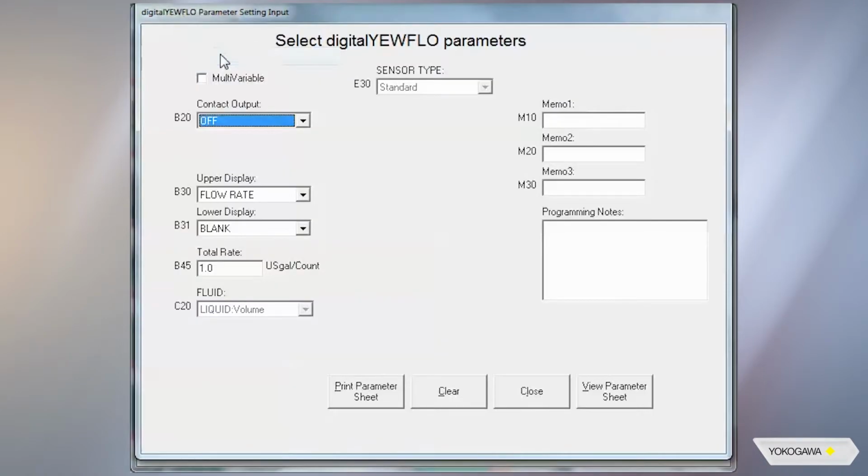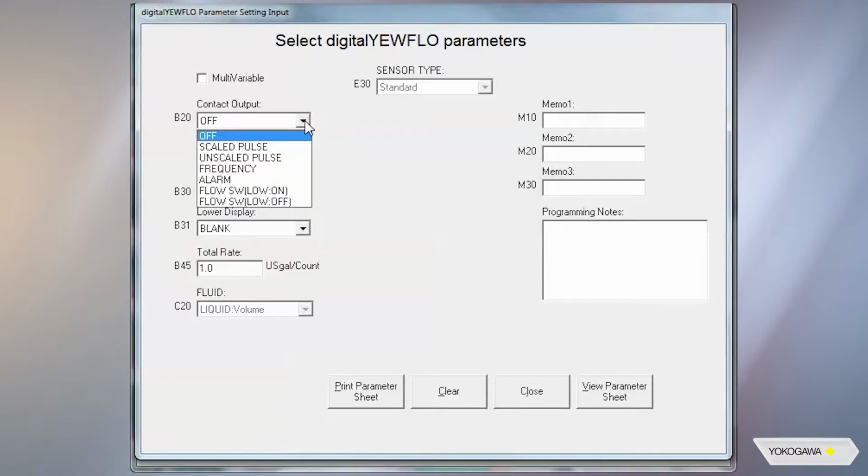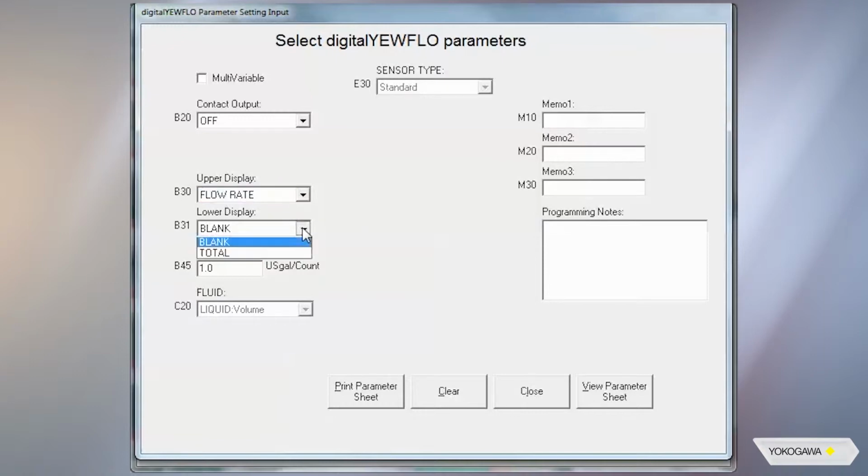Set Parameters, and in this area, you're going to check if you're going to be using the contact output, where you can have a scale pulse, on scale, frequency, alarms, etc. But for this example, we're just going to leave it off. You can also determine if your display is going to be in percentage or the actual flow rate. So we're going to leave it for flow rate. In the lower display, you can either leave it blank or you can show the total measured from the unit. So let's say that we select the total. Once we have made this selection,